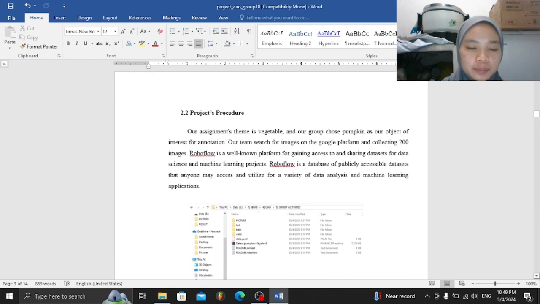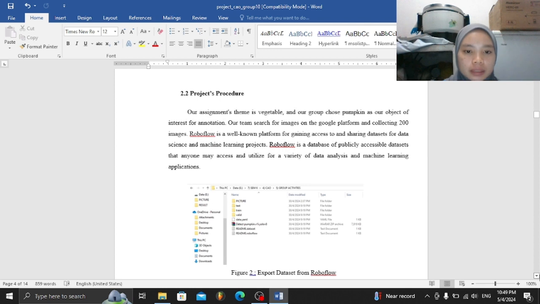Next, the project's procedure. Our assignment theme is vegetable, and our group chose pumpkin as our object of interest for annotation. Our team searched for images on the Google platform and collected 200 images. RoboFlow is a well-known platform for gaining access to and sharing datasets for data science and machine learning projects. RoboFlow is a database of publicly accessible datasets that anyone may access and utilize for a variety of data analysis